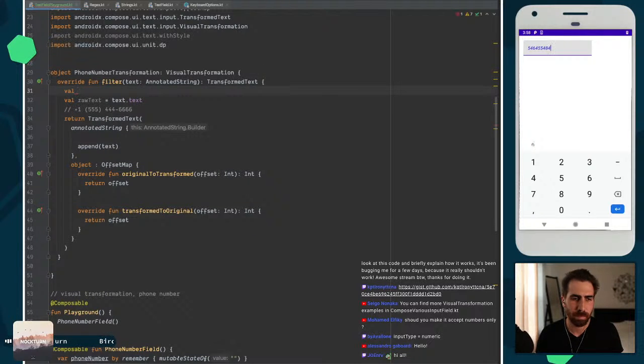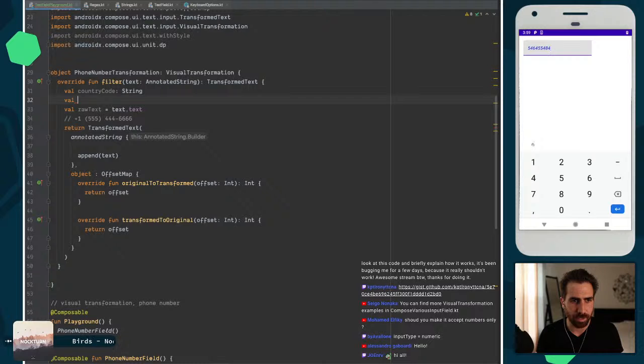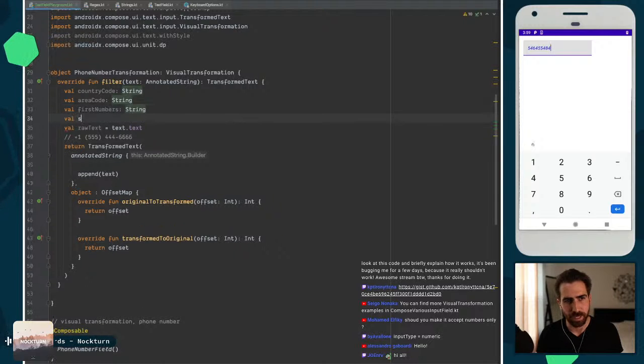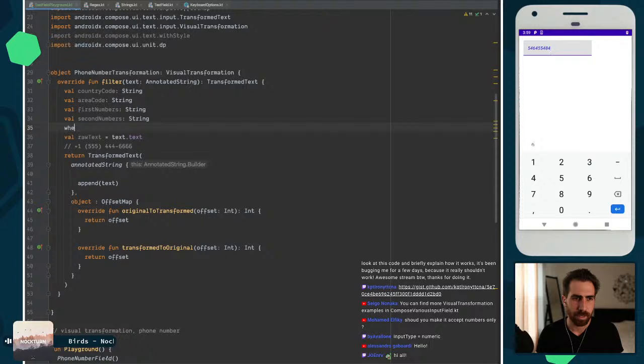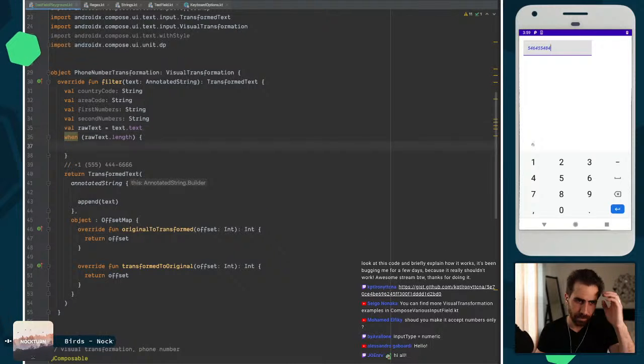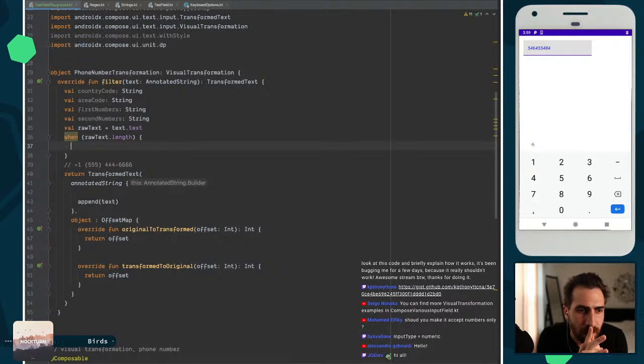So all right, here's what I'm gonna do. I'm gonna say country code string val, what is this called? Area code string, and first numbers string val, second numbers string. And then let's say when raw text length, okay, so when the length of it is